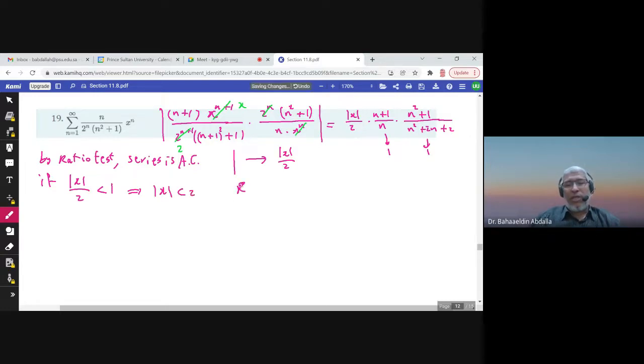This means that the radius of convergence is 2, and x is between -2 and 2, and we need to consider